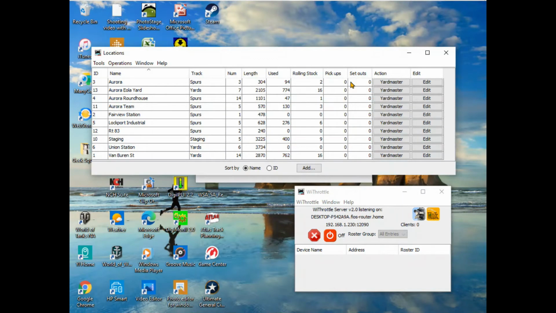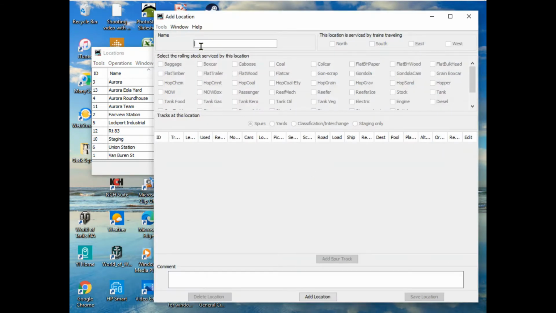Now, before I make any changes to Van Buren Street Yard and delete off the others, I want to add the regions or areas that are already existing under the Van Buren Street Yard, but into their own region. So I'm going to add, and we're going to call the first one Southside Industrial. Okay? So we're going to add it,